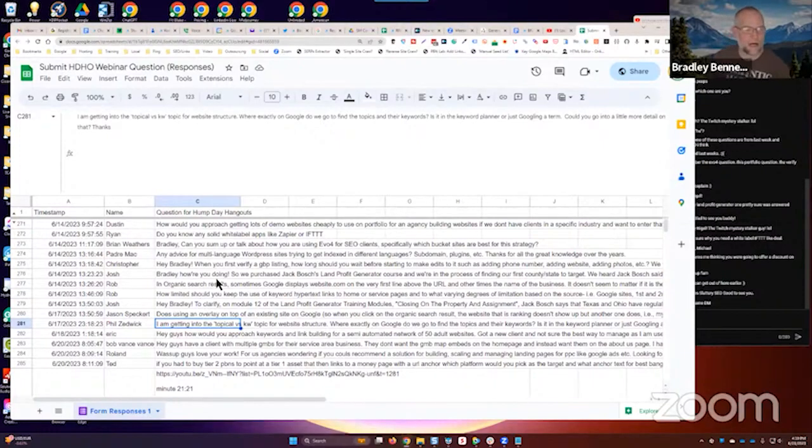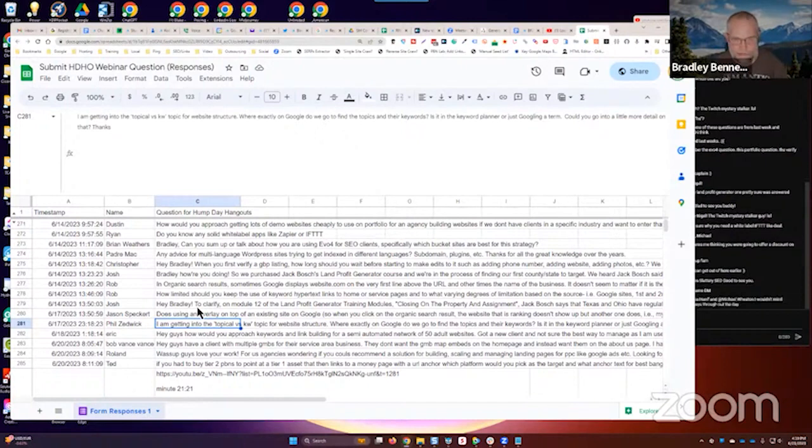Phil says, I'm getting into the topical verse keyword topic for website structure. Where exactly on Google do we find the topics and their keywords? Is it in the keyword planner or just Googling a term? Well,